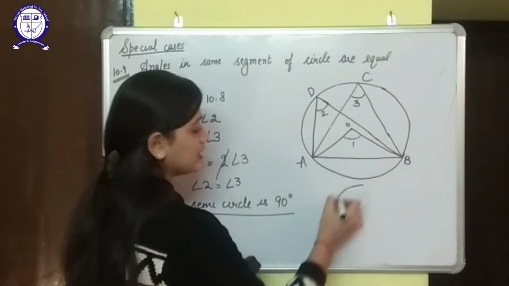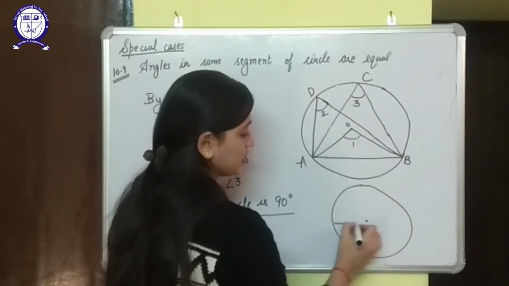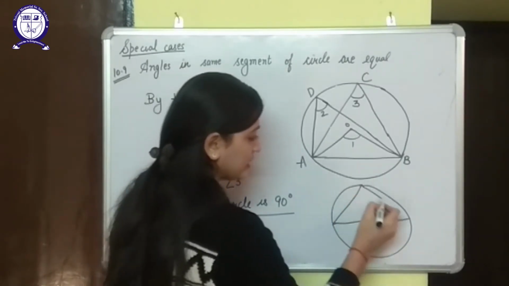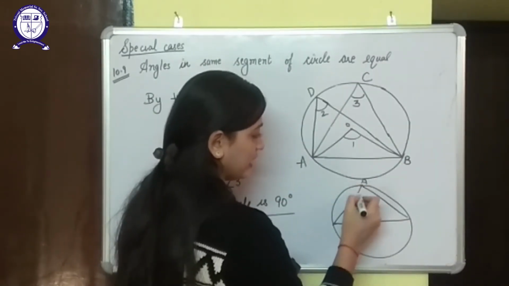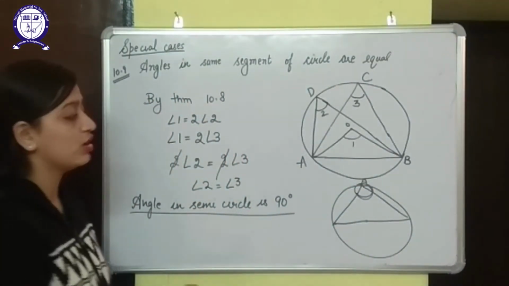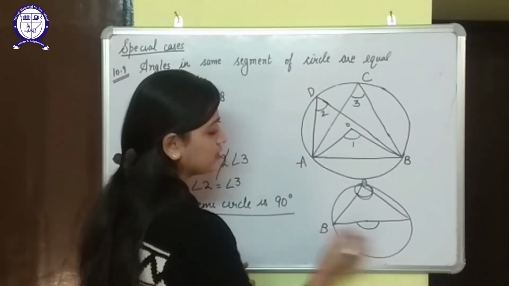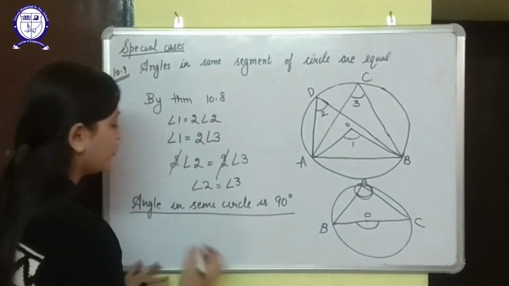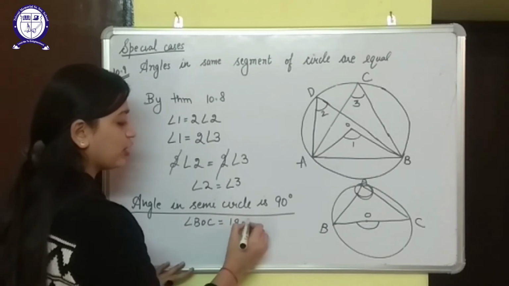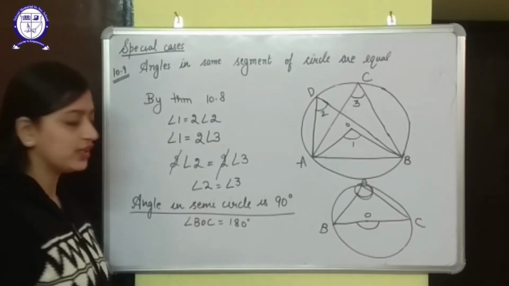Why? Because you can see that suppose this is a circle, this is my semicircle, and we need to show that the angle in a semicircle, that means this angle A, is 90 degrees. This will be 90 because this angle is 180 degrees. So you can write this is BOC. We know that angle BOC is 180 degrees because it is an angle on a straight line. Or you can say this is a straight angle, so this is 180 degrees.